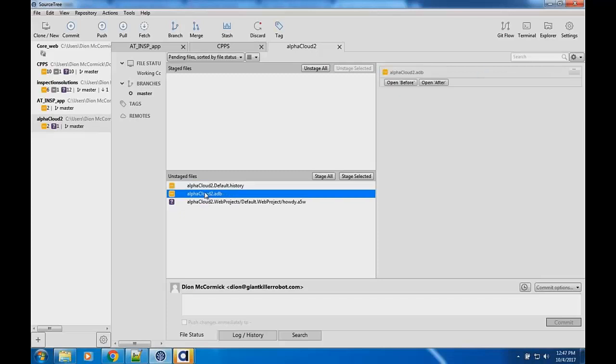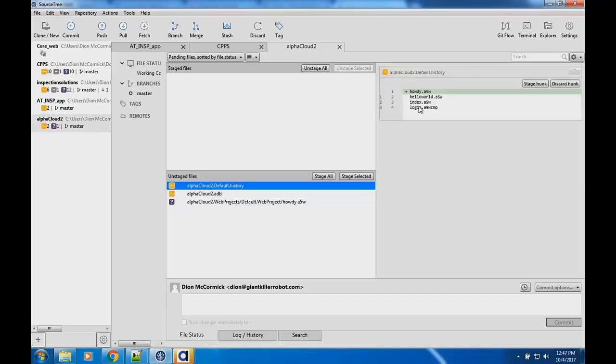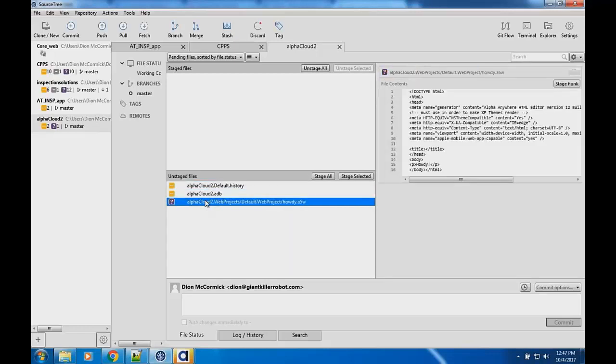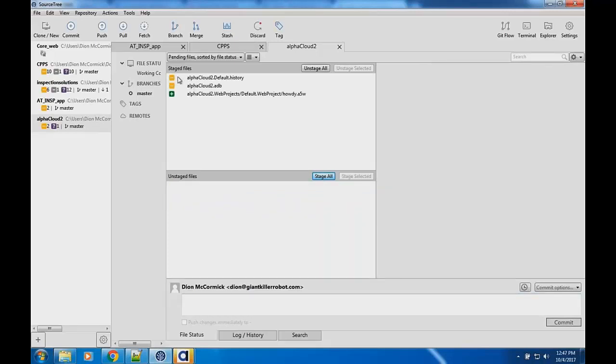But check this out. Behind the scenes, and this was the idea of what we were talking about earlier, there are other files in here, the history file that gives a history of what I did. These are Alpha ones. You'll see that in here is a little marker saying they're modified. So it saw that I created this new file and I modified these. So I say, okay, great, I want to stage them all. Now it's going to modify these. I'm going to go in here and say howdy page added, okay? And I say commit. So basically I've staged my changes, and now I'm going to commit it.